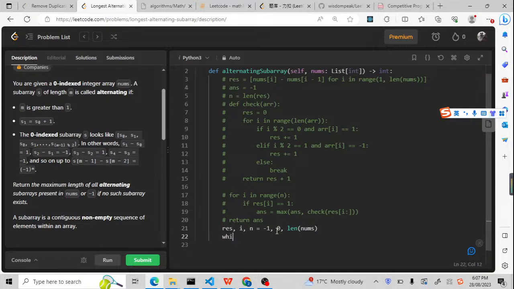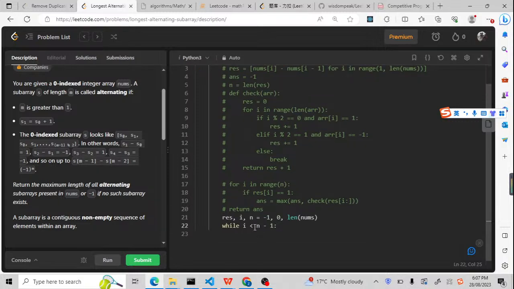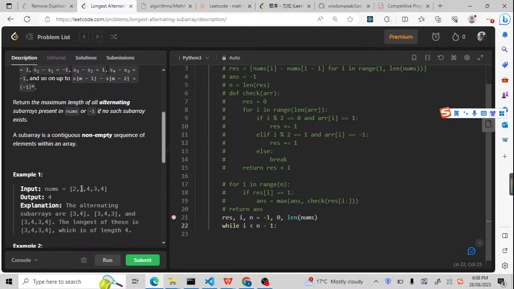Now I'm going to use a while loop. For the while loop, here will be a little bit different. Here i will be less than n minus 1. Normally for my template, if it is a normal list groups problem, I always use i less than n. But here, we need to find the starting point. So for example, this,